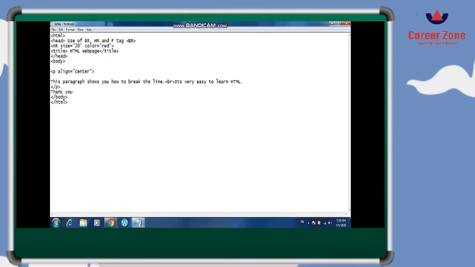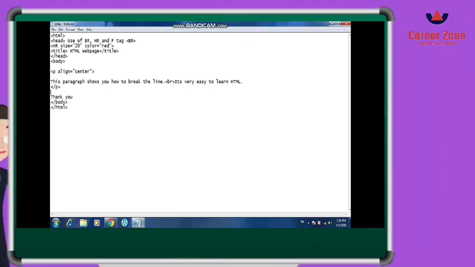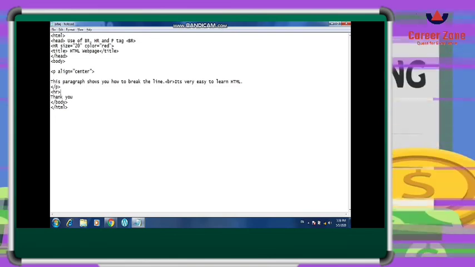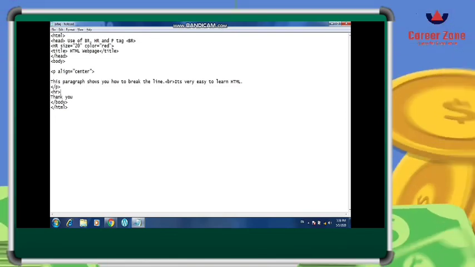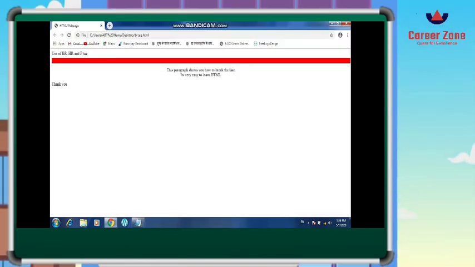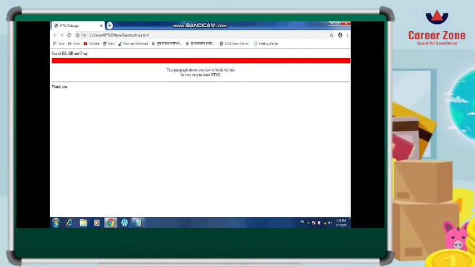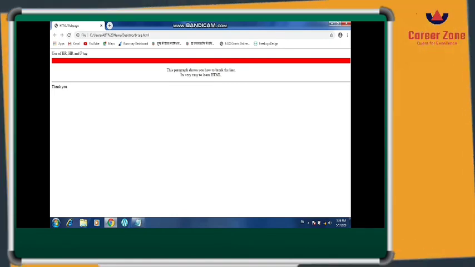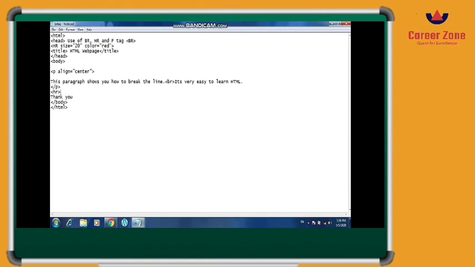Now we will see the other 2 attributes, but I will define the HR one more time after the paragraph, so that you can understand how these attributes work along with the HR tag. The third attribute is width. I have defined the HR in a simple way, so it is shown on the web page.